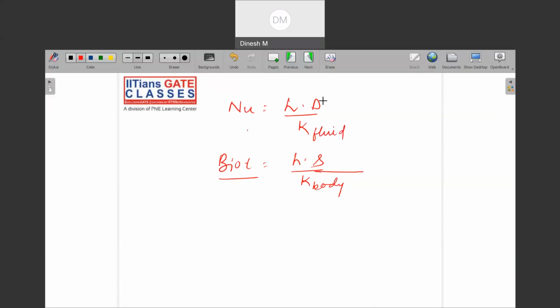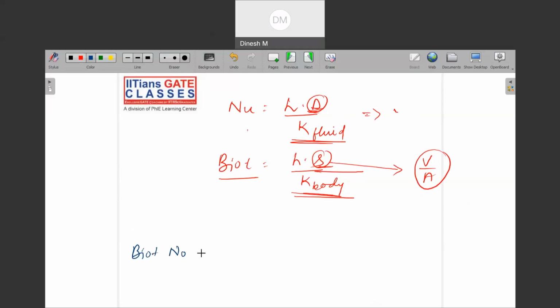One thing. And second, what was D here? D is again the characteristic dimension. And here what is your S? S is V upon A. So can you see that the K things are completely changed, and this characteristic dimension will also get changed. When we study Nusselt number, then we will understand it further. But sometimes in objective questions they ask, Biot number resembles whom? Biot number resembles whom? Nusselt number.